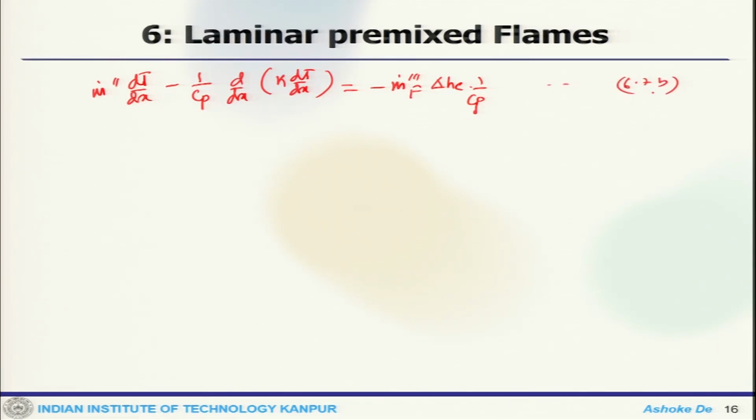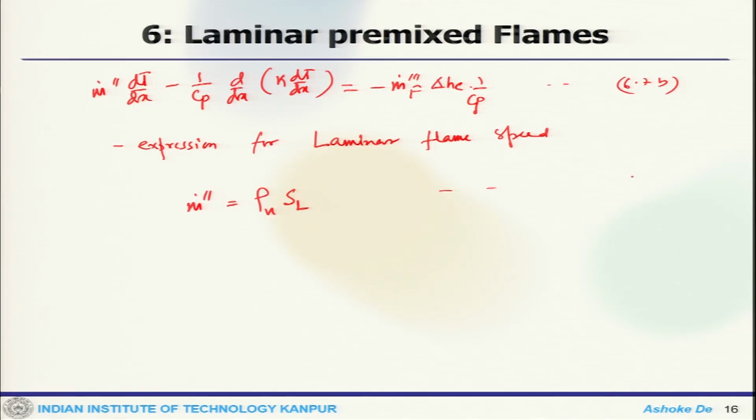Now, the whole idea here, or rather the objective, is to find an expression for laminar flame speed. That is what we want to do. One can relate the mass flux m dot as m dot equals rho u SL. This is a very interesting expression,